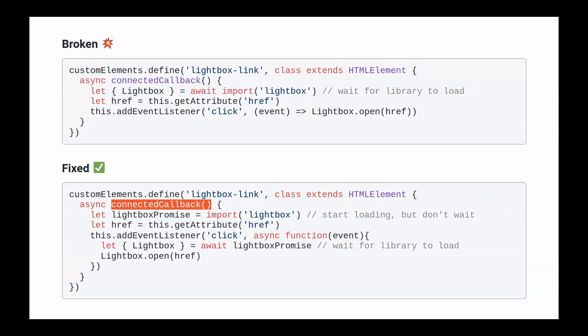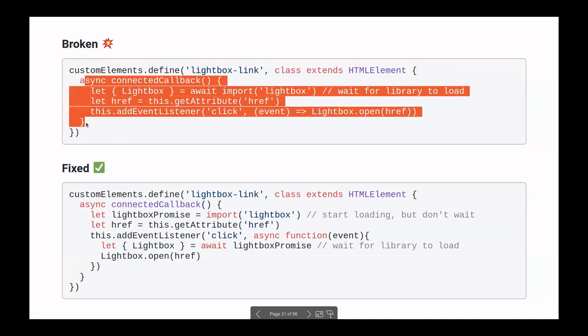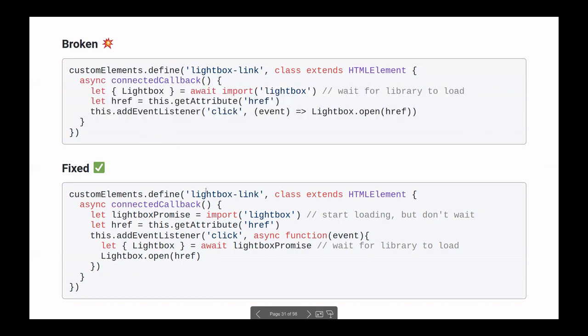So Marco mentioned that there is a window where the click handler isn't registered yet, but it's smaller. I don't think that's the case, Marco. We get the guarantee from the custom element registry that as soon as the Lightbox link is in the DOM, this callback function has run. This is just called synchronously in the same JavaScript task. So there is literally no window where there is an element in the DOM, but the connected callback has not yet run. So there's no way to observe the state anymore.